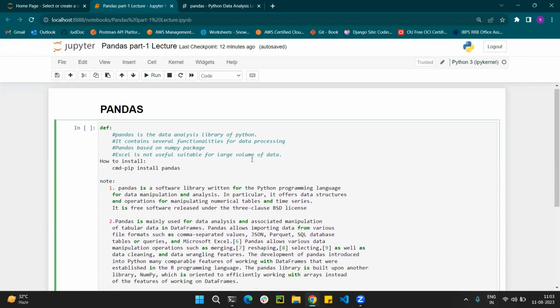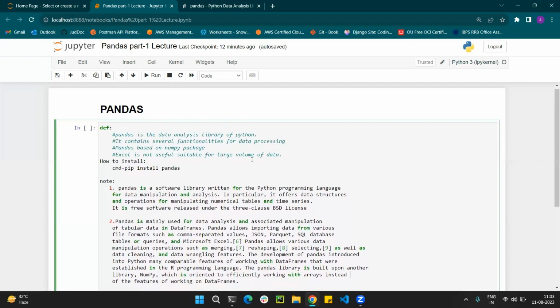Okay, so what is Pandas? Pandas is a data analysis library of Python. Like NumPy in our previous classes, there are various types of packages: NumPy, Pandas, Seaborn, Matplotlib, and many more.